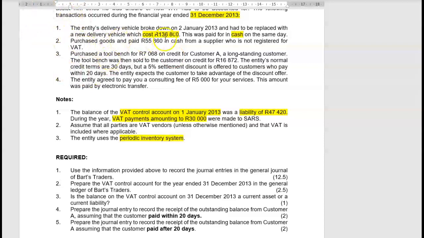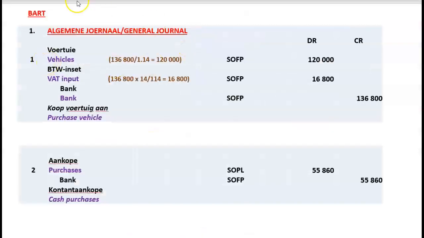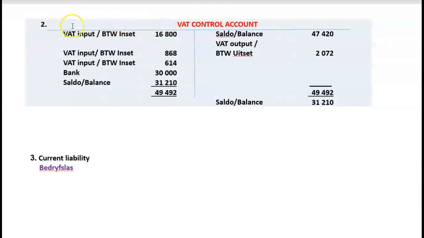So obviously it's going to make an EFT for 136,800. Good. He's a VAT vendor. The question says, assume all parties are VAT vendors that he is going to transact with, except if it's otherwise stated. So I'm going to debit vehicle account, statement of financial position, with a VAT exclusive amount of 120,000. I'm going to claim the VAT on the invoice of 16,800, statement of financial position. I'm going to credit bank 136,800. So that VAT input we can post to our VAT control account. So the VAT input